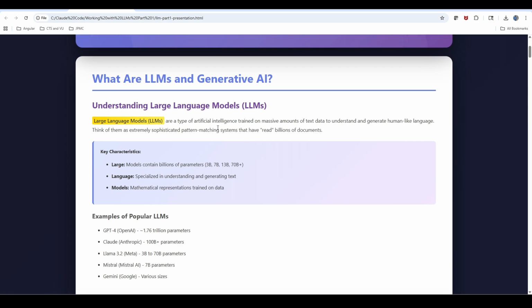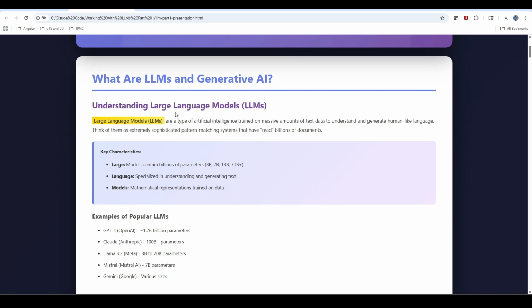So the name itself, large language models: large means it reads lots of data, like billions of data. They are specialized in generating text, and they are a mathematical representation of the trained data.